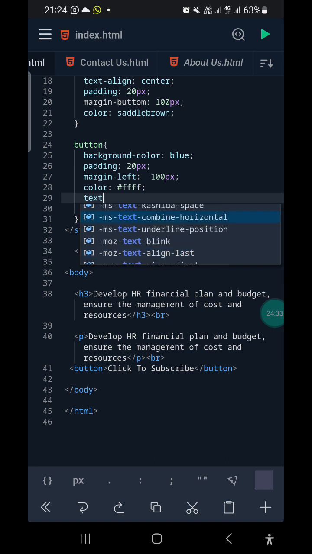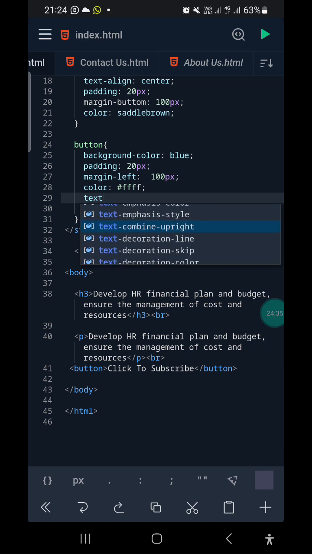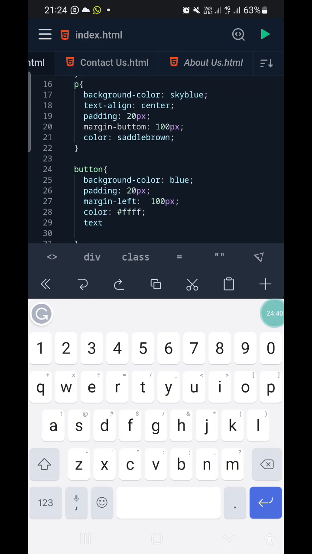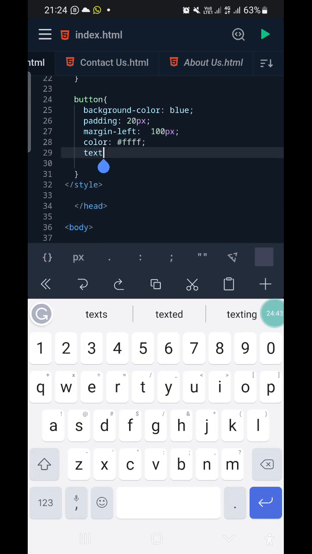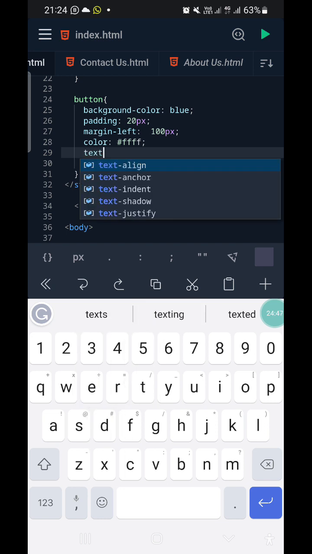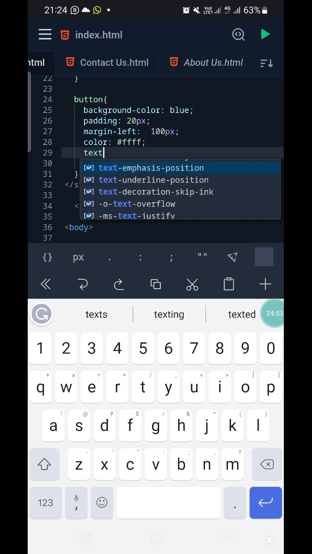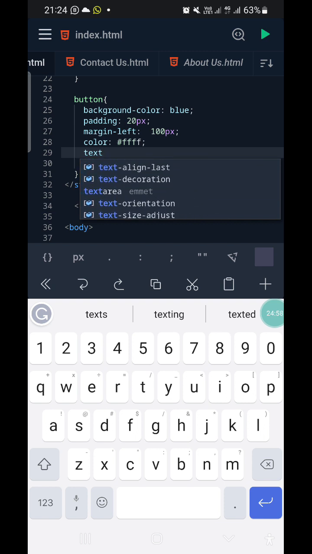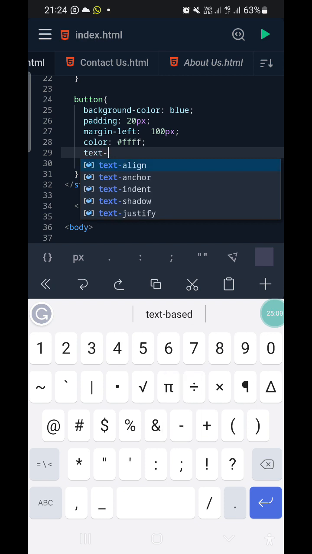I'm looking for it. Oh, I can't find it. But it's something like text